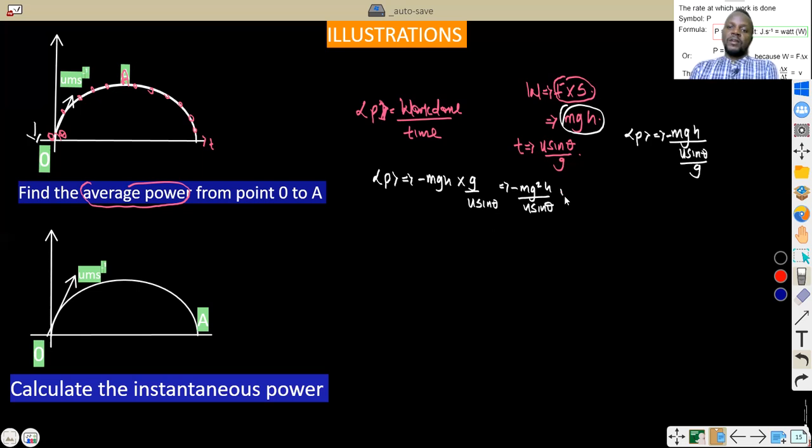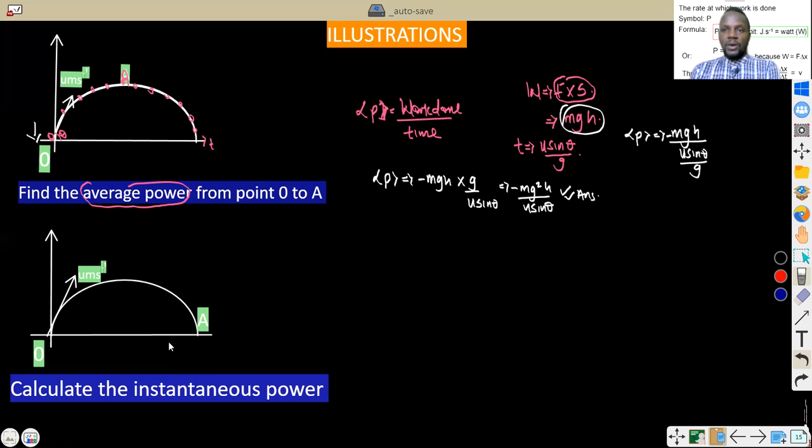So this is the answer for the average power, and that is very correct. Please keep it at the back of your mind that you can have a technical question like this, in which you are asked to calculate average power, especially for those doing advanced illustration, advanced JUPEB and all the other forms of advanced examination. And the last but not the least,